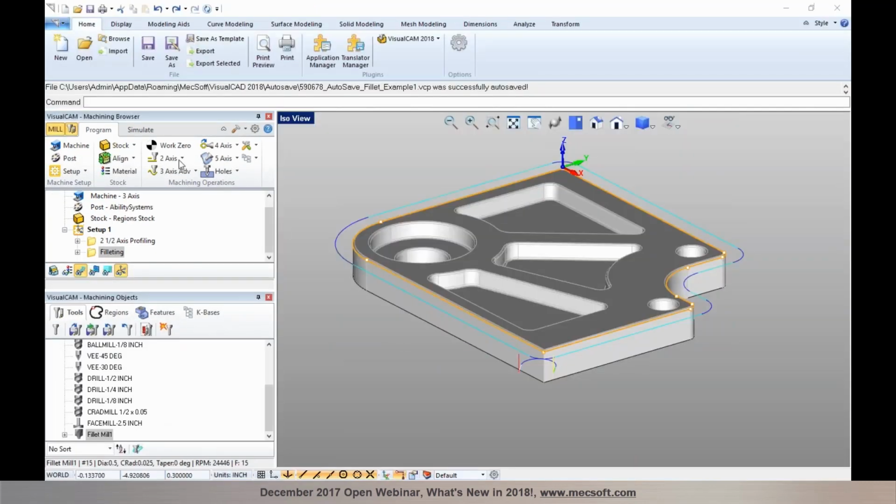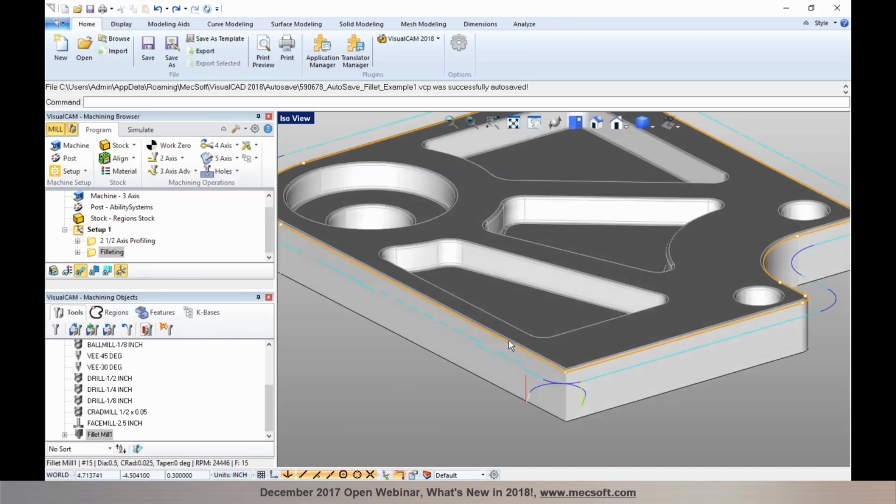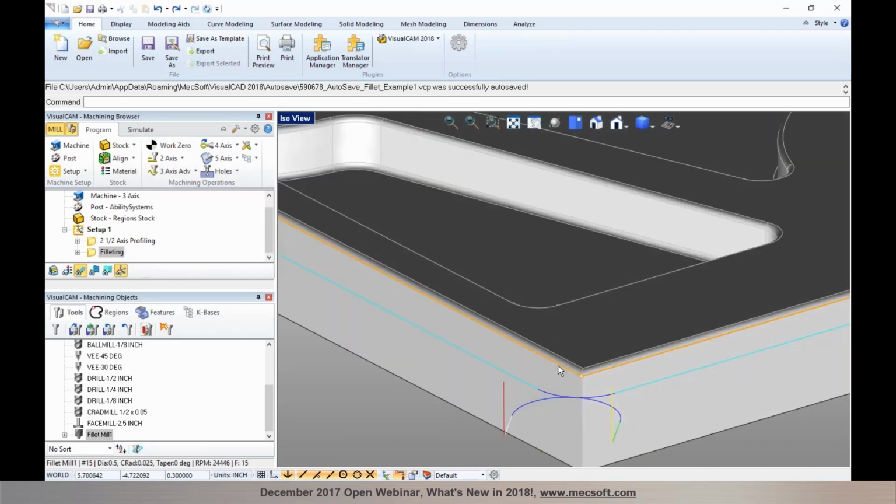So filleting is a new operation that we've introduced in 2-axis machining, so you can find it under the 2-axis methods, and this would be available right from our standard configuration. You'll find the filleting operation, and you can specify a fillet mill tool for it to program fillets like these on the part that we have by specifying either a solid model,